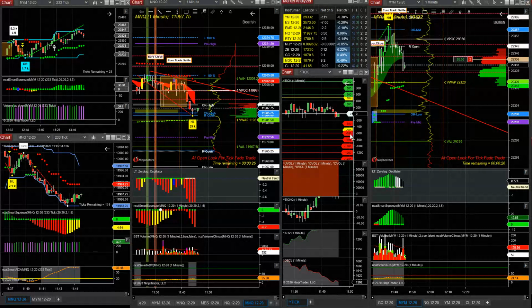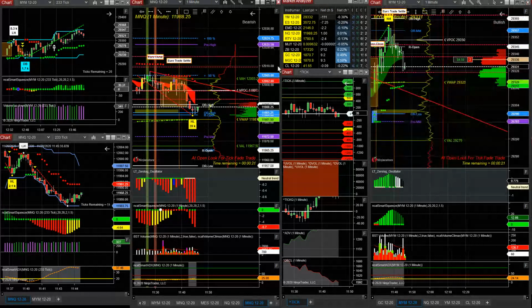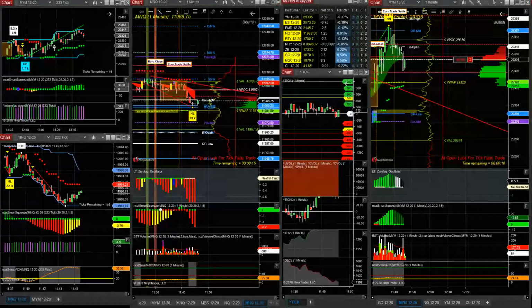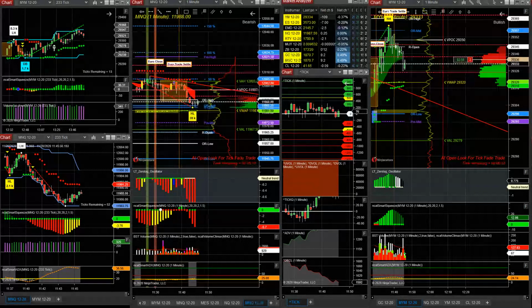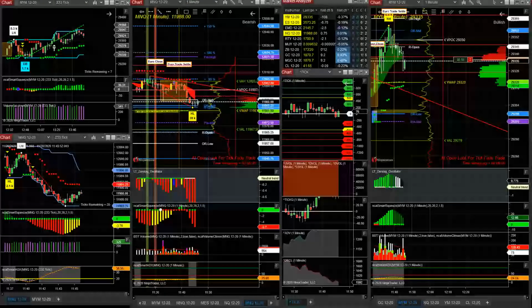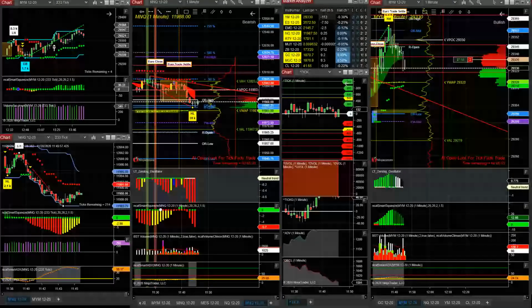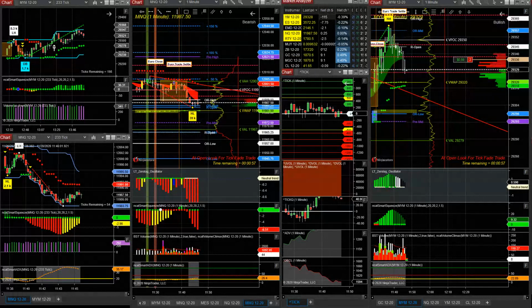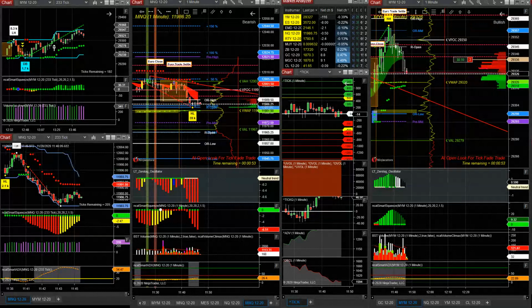And they could sell this thing off going into the weekend. But you know what? Fridays are becoming so unpredictable lately that the market just does what it feels like doing. It does the opposite of what you're thinking. So anything is possible, right? So, well, at least coming to the VWAP here, right? That's a high potential level.